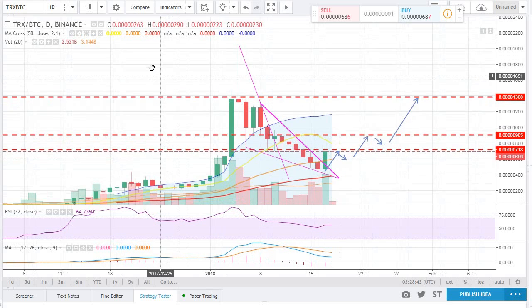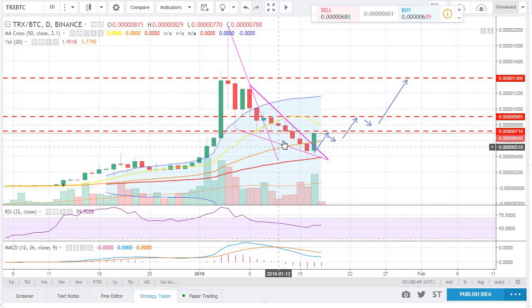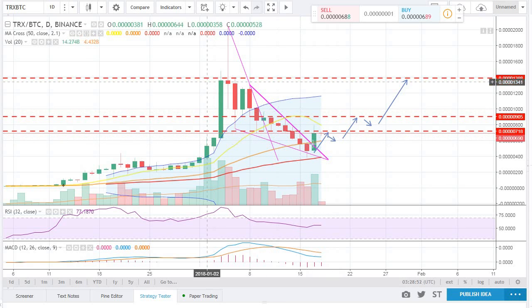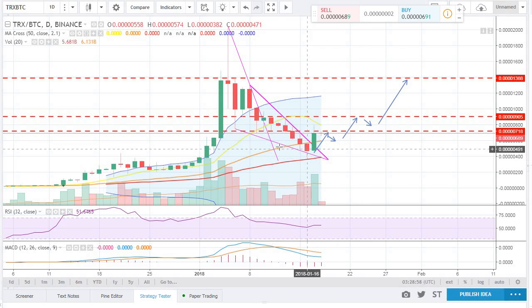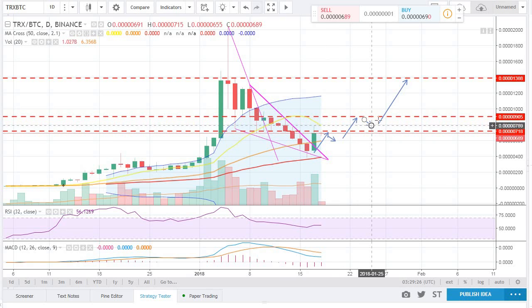So if you see this pattern, let's take a bigger picture. What does it look like? Okay, this looks like an inverse head and shoulders pattern, if it follows through the five-wave theory that I'm talking about here. Inverse head and shoulders patterns are more bullish than they are bearish. In order for this pattern to fully realize its potential, it needs to break the neckline, and I believe the neckline that we have is around 7 cents. If it goes over that neckline of 7 cents,